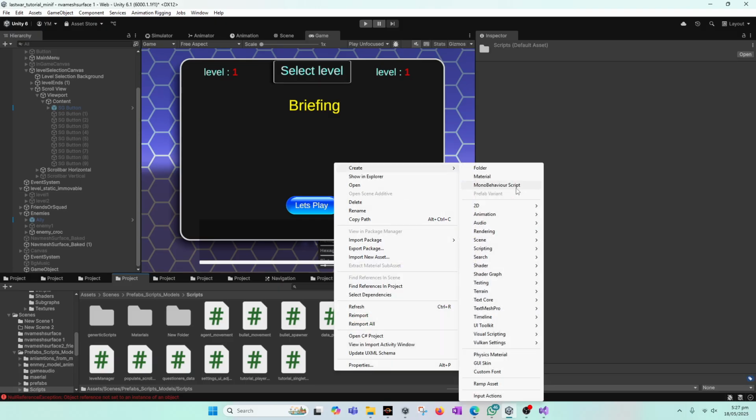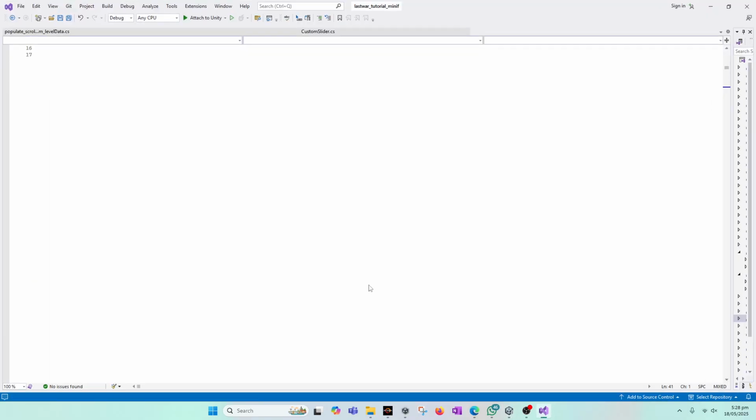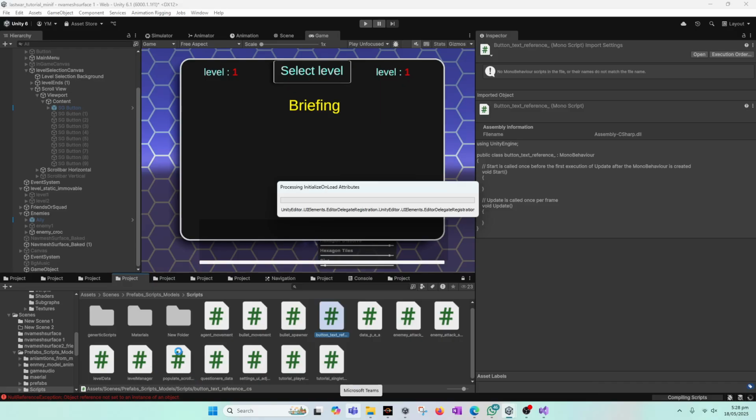So create one behavior script, name would be button text reference, and since it will be used in level, we can put level name, or it is bit of a generic thing, so we will simply put it like this and then double click it,